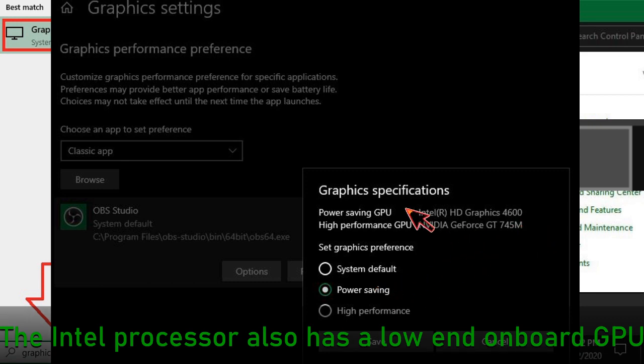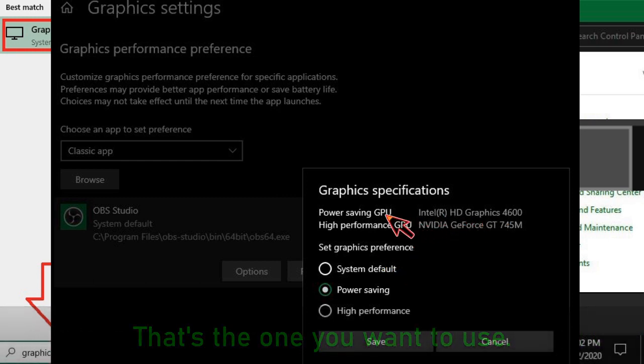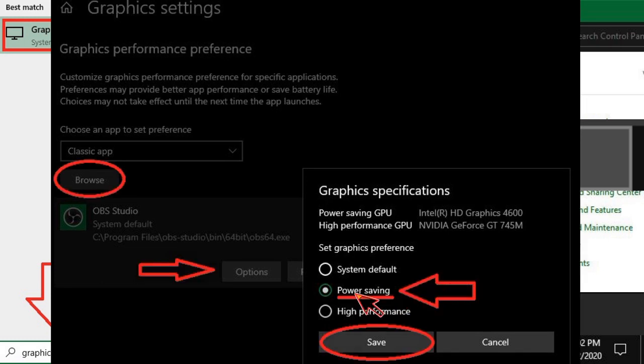So what you need to do here is basically change it so it uses the Intel GPU, the built-in GPU, and you can do that by selecting power saving over here. Yeah, so choose power saving mode, and that's going to change it to use the on-chip Intel GPU,